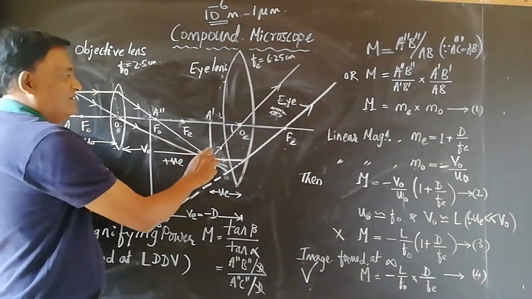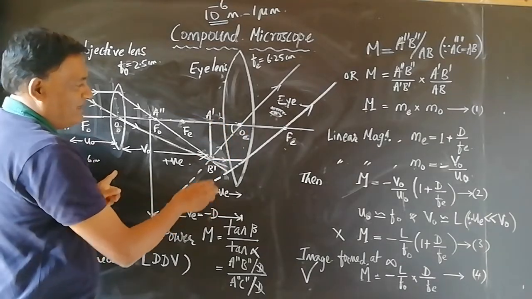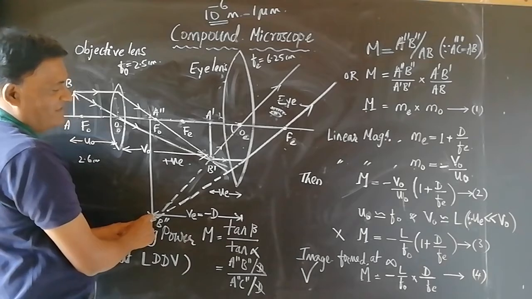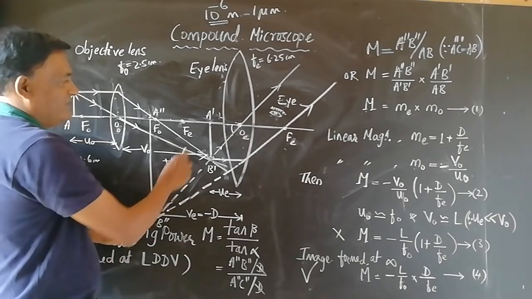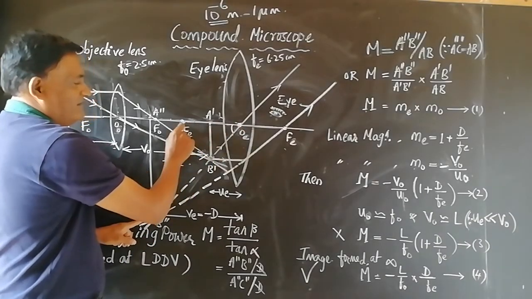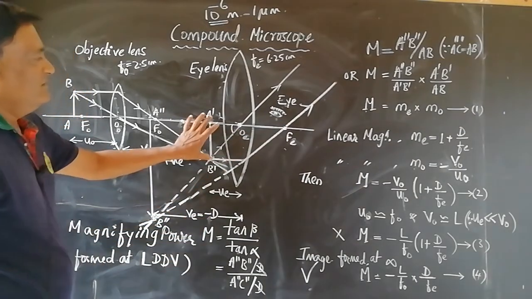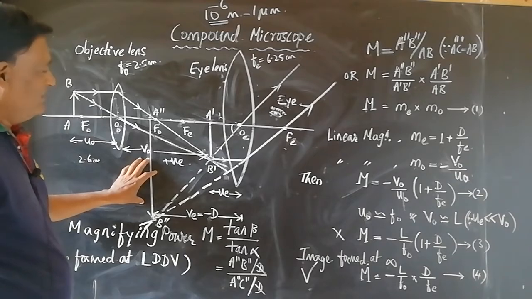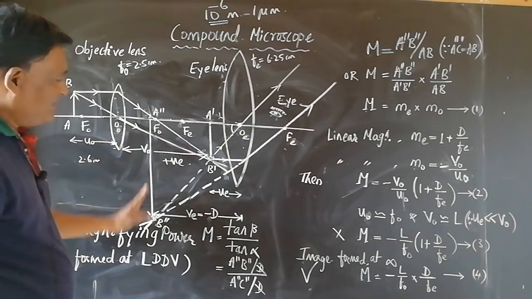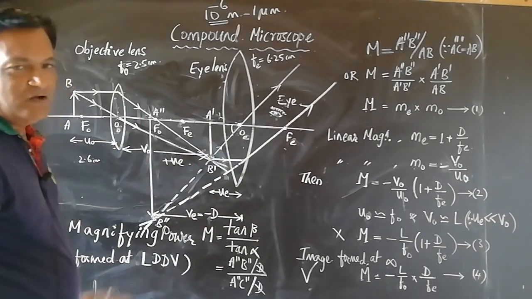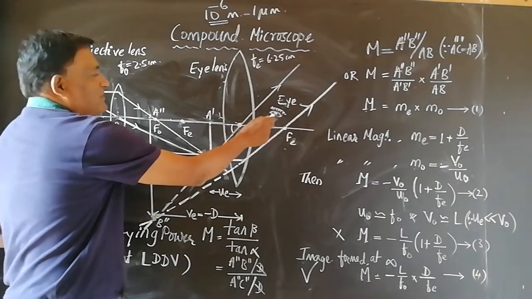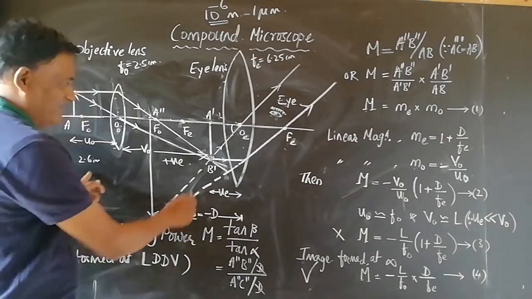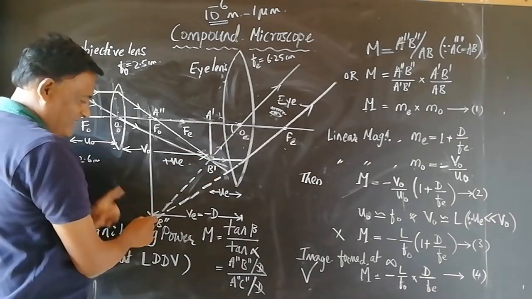Not only this, we will adjust with the rack and pinion arrangement so that the image is formed at the least distance of distinct vision. So, here the object being between FE and OE, the eye lens produces a virtual, erect, enlarged image on the same side of the object. The experimenter takes care that with the rack and pinion arrangement, the image is made to fall at the least distance